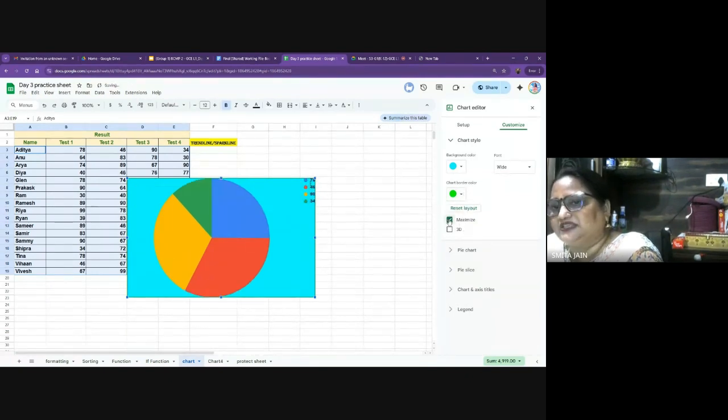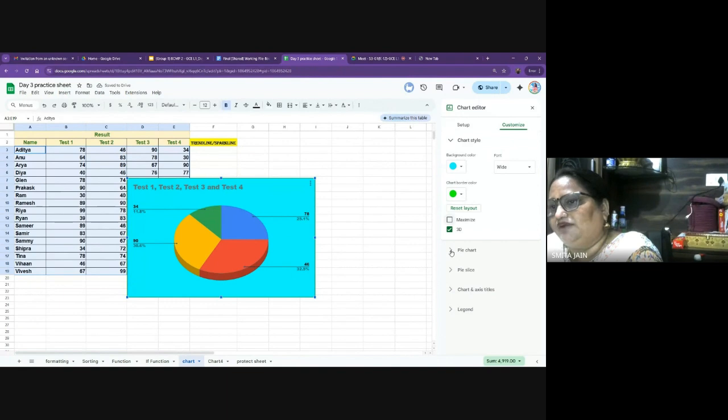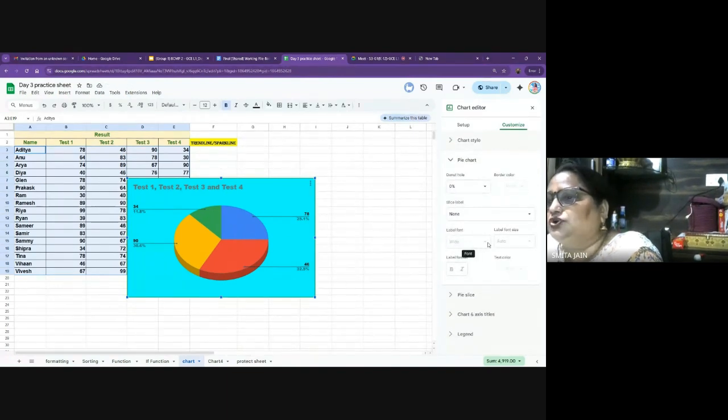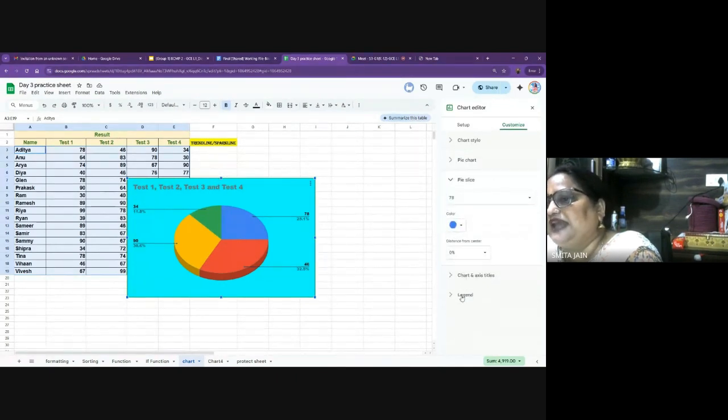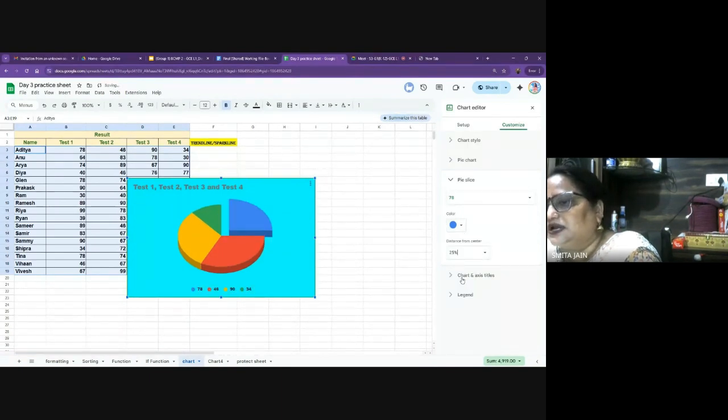Then you can maximize it. You can make it a 3D model. Okay. Then you have a pie chart. You have an option here. With that also, labeling, font size, donuts, pie slices. If you want a pie slice to move out from the circle,